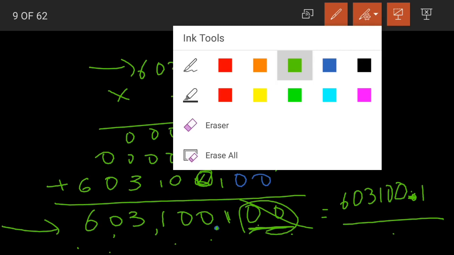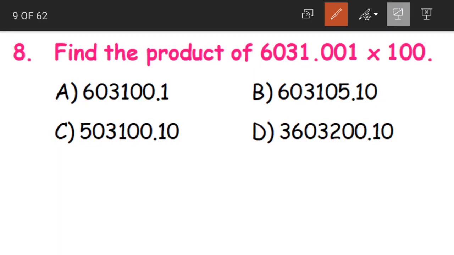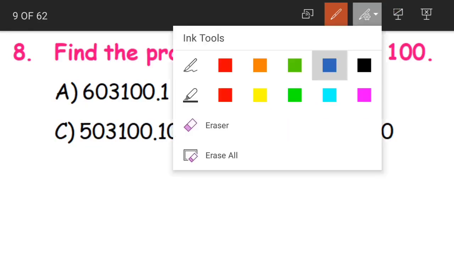We just multiplied it as a normal whole number, but for the final product we have placed the decimal point. Don't forget to place the decimal point in the product. After 3 digits from the right, we are having the decimal point. So even in our product, after 3 digits from the right, we have placed our decimal point. So